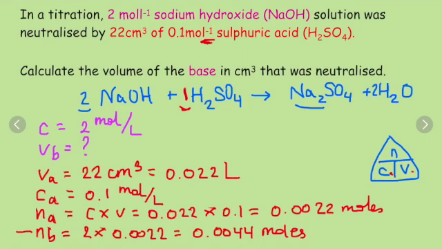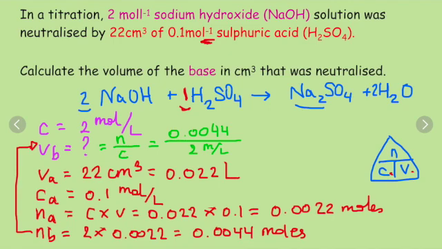With that information, now we can go back here and calculate the volume, which is the number of moles divided by the concentration. So 0.0044 moles divided by 2 moles per liter gives us 0.0022